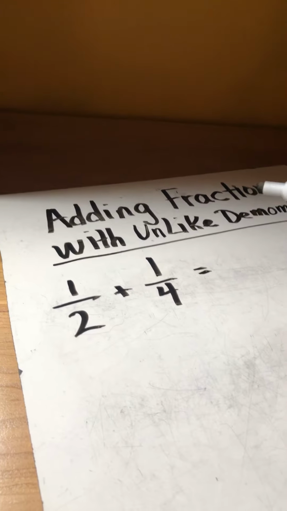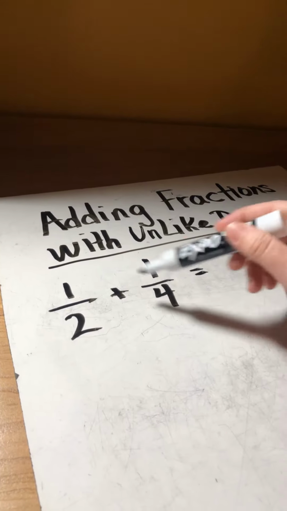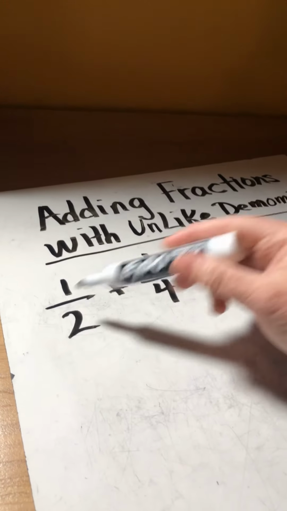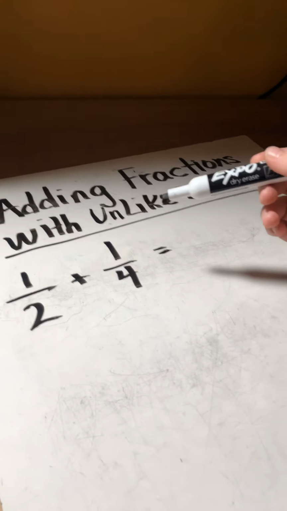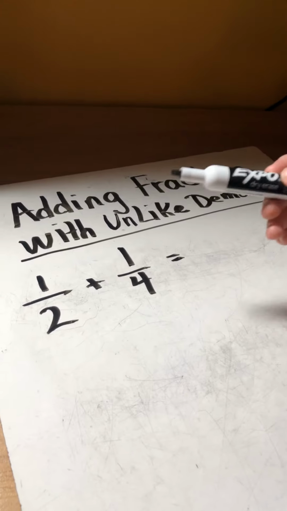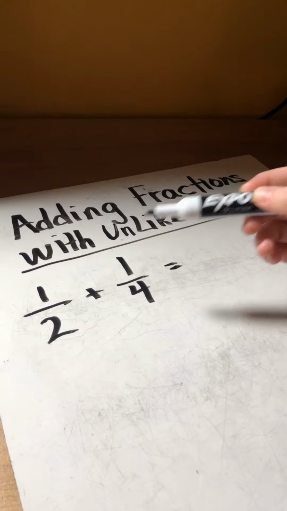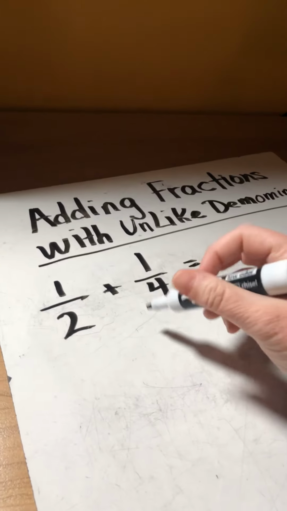All right, so when we add, we have to make sure the bottoms are the same. So we have to change the bottoms so they are the same number. So first, how we do that is we try to find the least common factor. And by doing that, we're going to find all of the factors of 2 and 4 to see which ones are